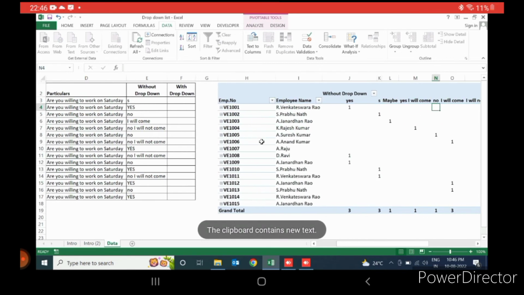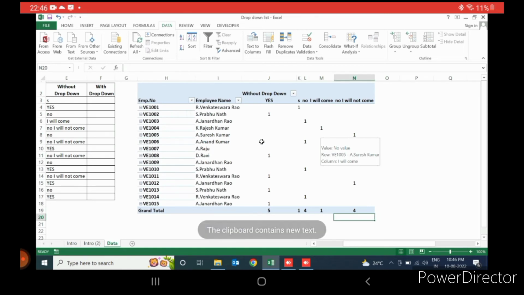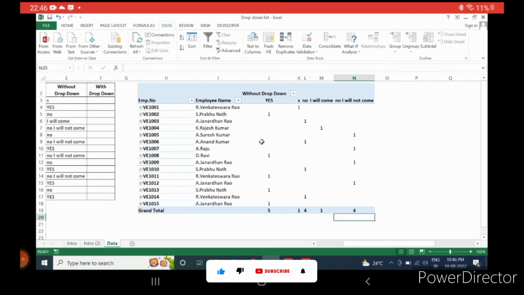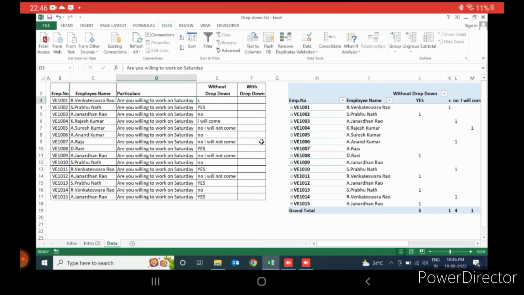So if you refresh this data, out of 15 employees, he may not be able to consolidate easily how many of them are willing to come to the office and how many are not. It is very difficult, and the employer has to spend some time to consolidate this. If you are using a drop-down list, we can restrict the user preferences, whether he is willing to come to the office or not. So with the help of a drop-down list,